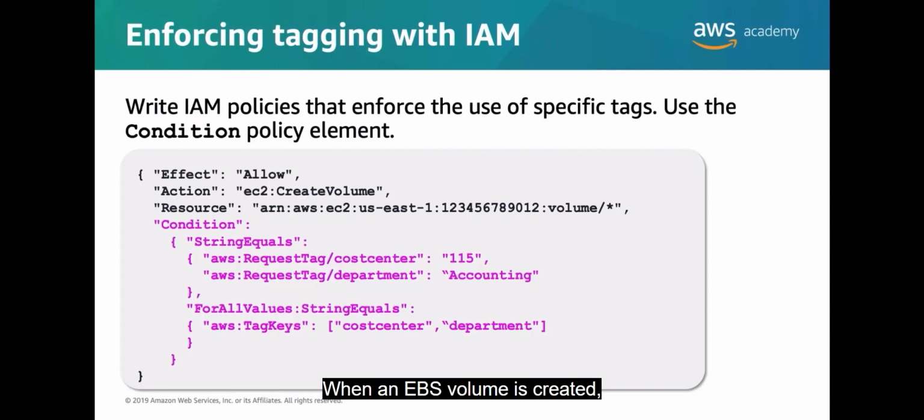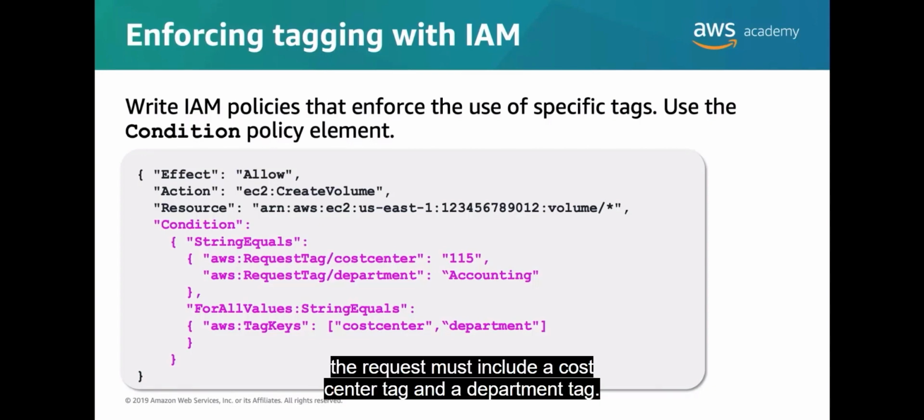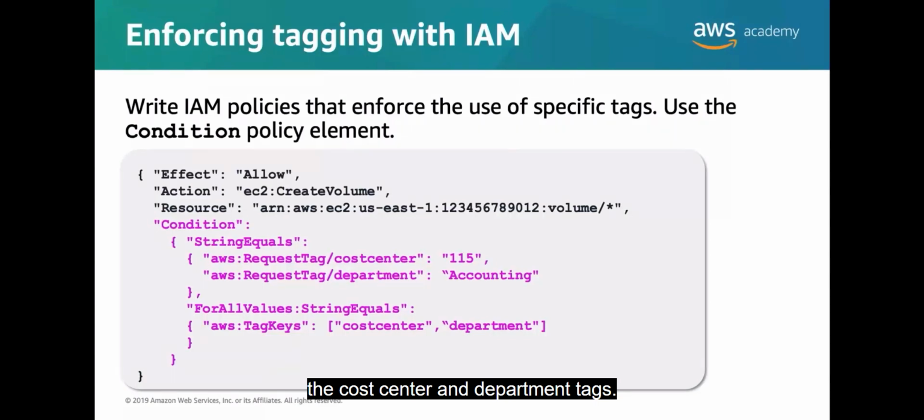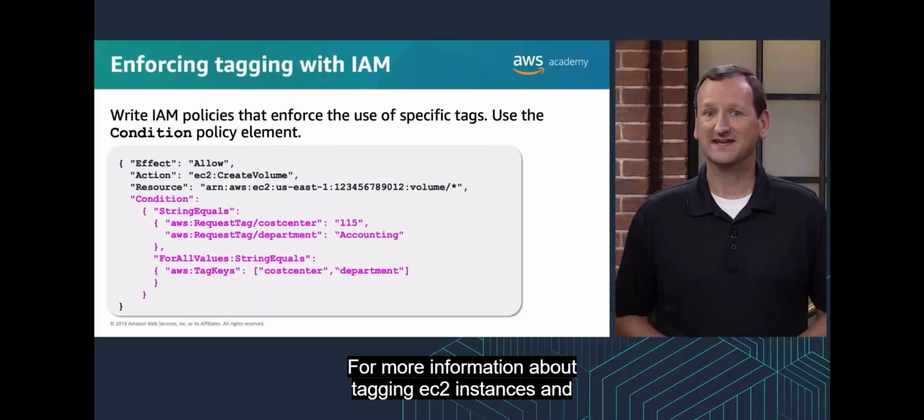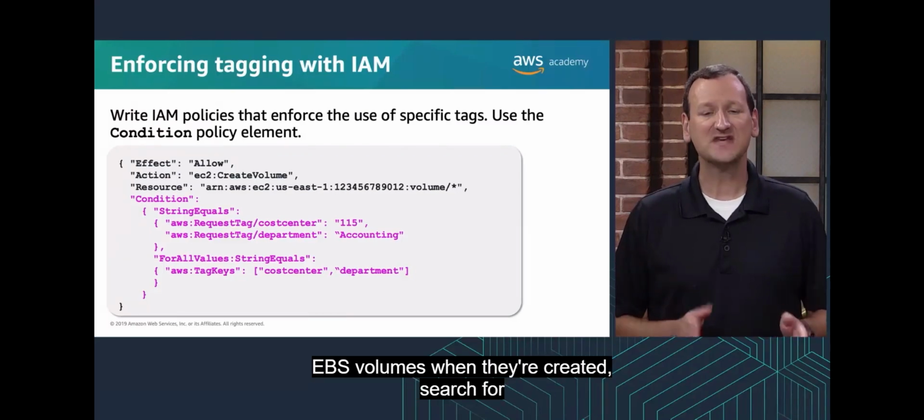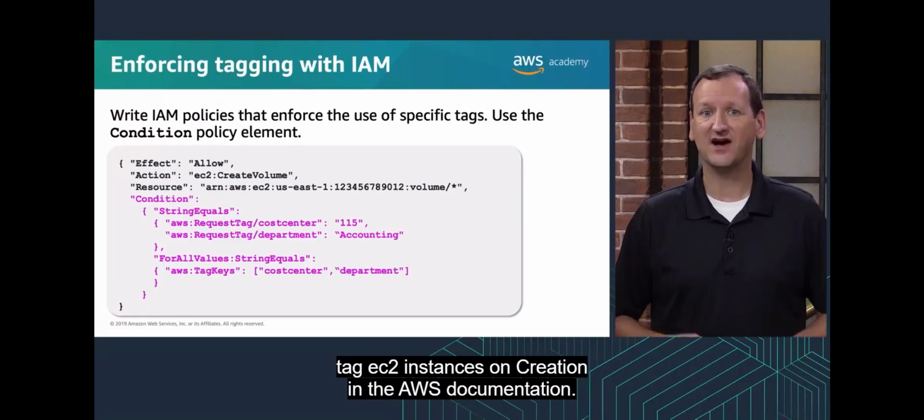When an EBS volume is created, the request must include a cost center tag and a department tag. The for all values modifier creates the requirement. The condition policy also specifies the values that are set for the cost center and department tags. For more information about tagging EC2 instances and EBS volumes when they're created, search for Tag EC2 Instances on Creation